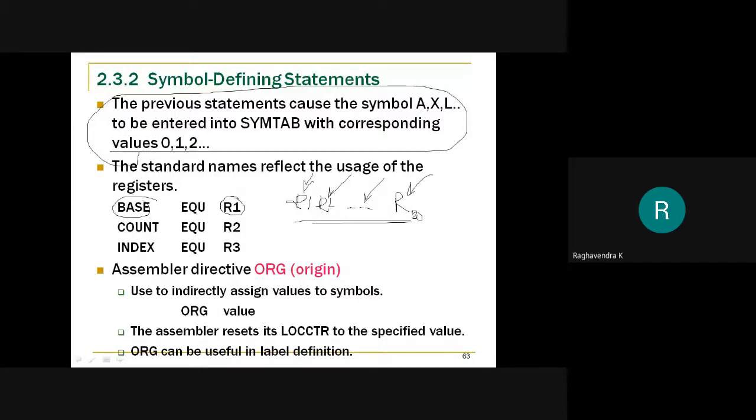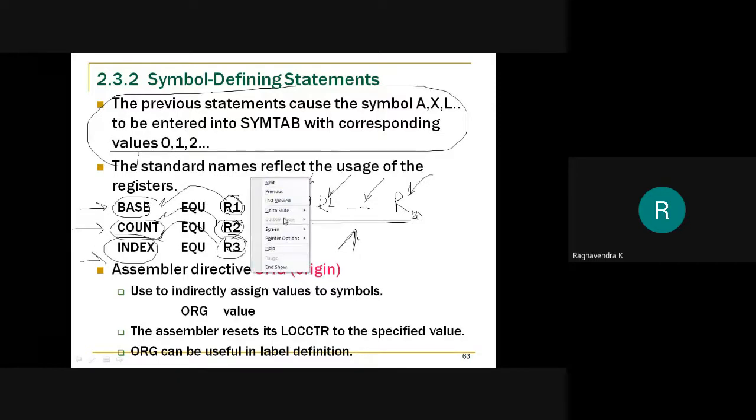Assuming that there is no specific base register in this system, all are general purpose registers, I want R1 to be used as my base register, R2 to be used as a counter, and R3 to be used as an index register. Then I can simply use the equate assembler directive to rename these register names to the corresponding names I want. So this is one more advantage of using the symbol defining statement equate.